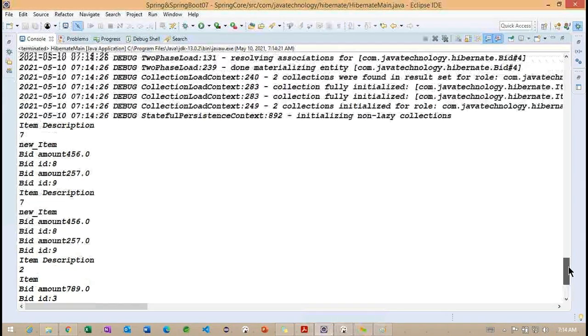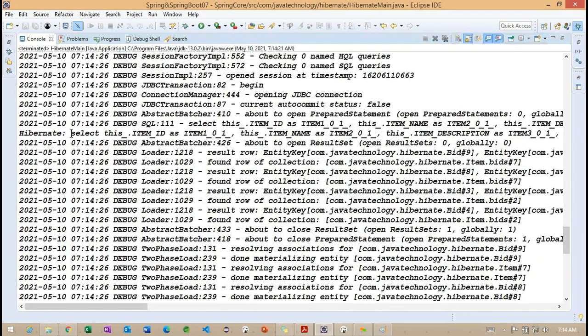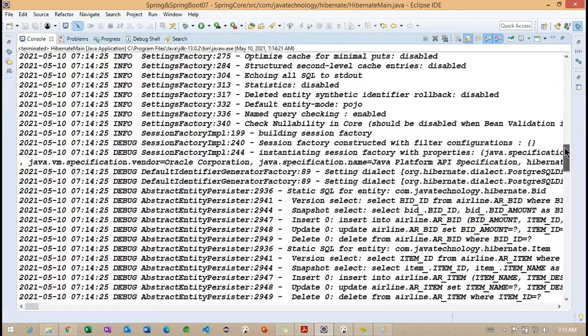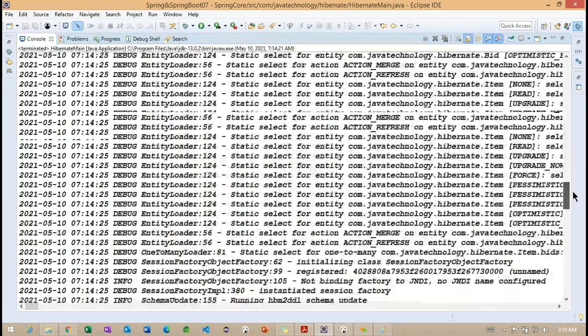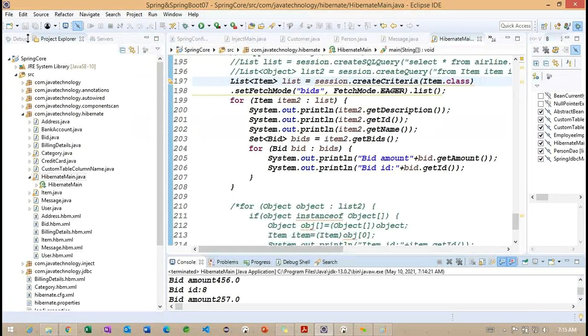Now, understand carefully what exactly we are trying to work on in this particular example. Here we are not going to see the same three SQL records. We'll focus on only one selection statement here. So now you can see this is an item related select query. You are not going to find any other select queries here. So why are we not finding other queries here? Because we are trying to load with eager fetching here. Getting the point? So we are trying to work with eager fetching.